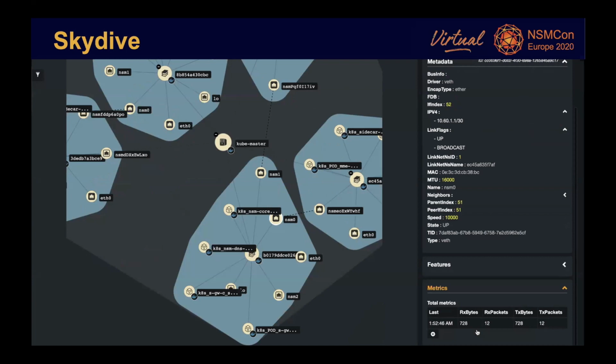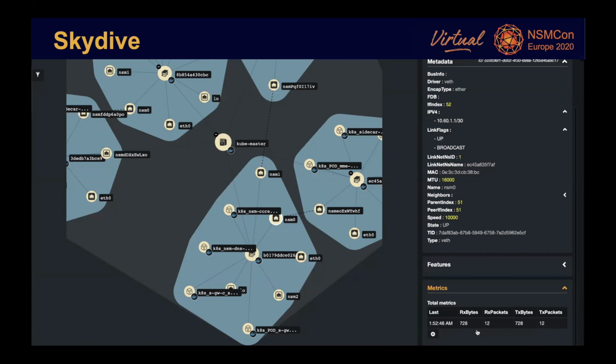The metrics that are represented with Skydive are between specific network interfaces, and the network interface is not something very human readable, and not a good way for a person to check a traffic between specific endpoints, because you need to find out what the network interface is, and it's much better to have that matrix data